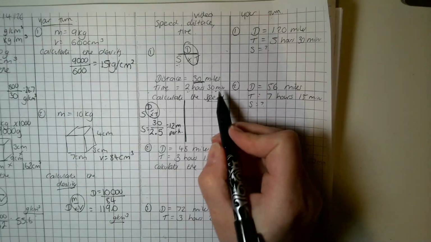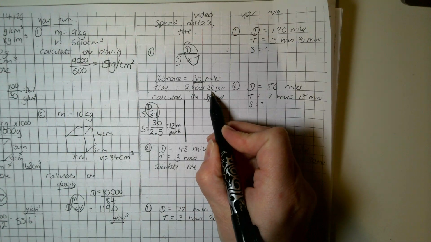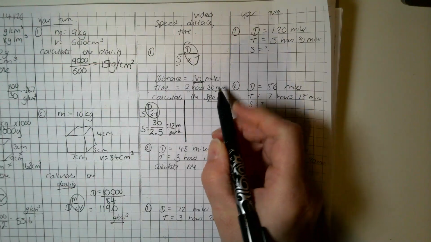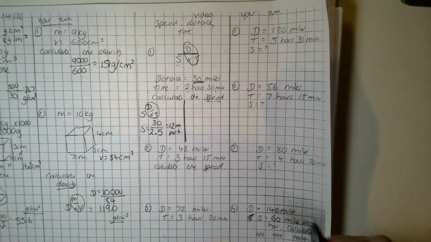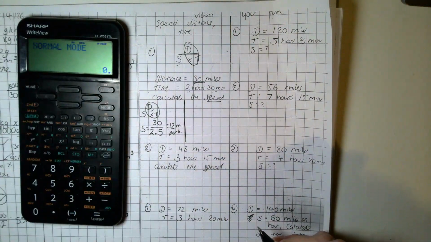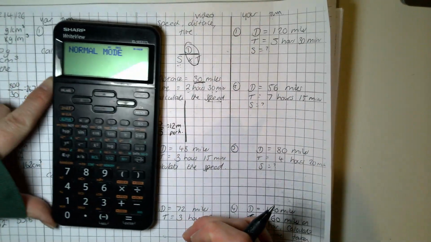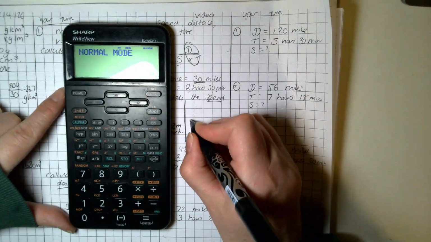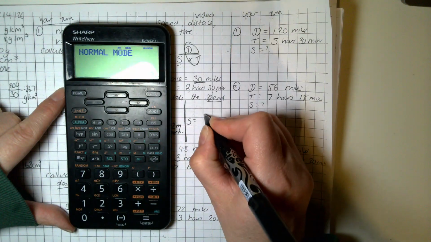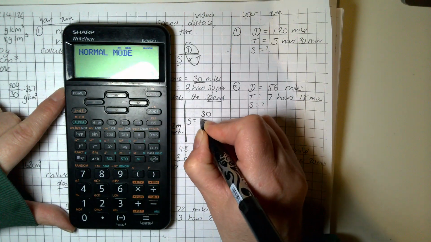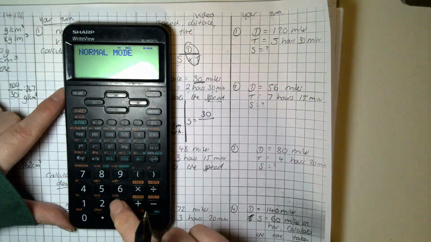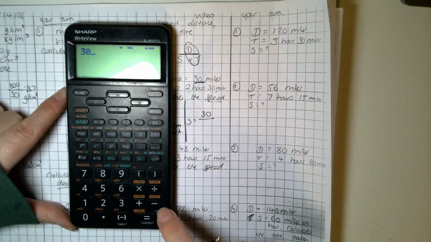The second way is for when the 30 minutes isn't a particularly nice number. 30 minutes is half an hour, so that's 0.5 as a decimal, but it might not always be that nice. So you can use a lovely calculator key, which is going to help us to do this one. We still want to do the distance, which is 30, but we're going to use our calculator for this, we're going to divide that by